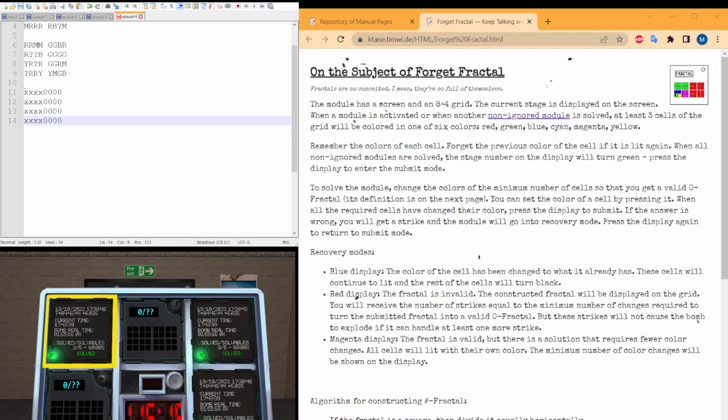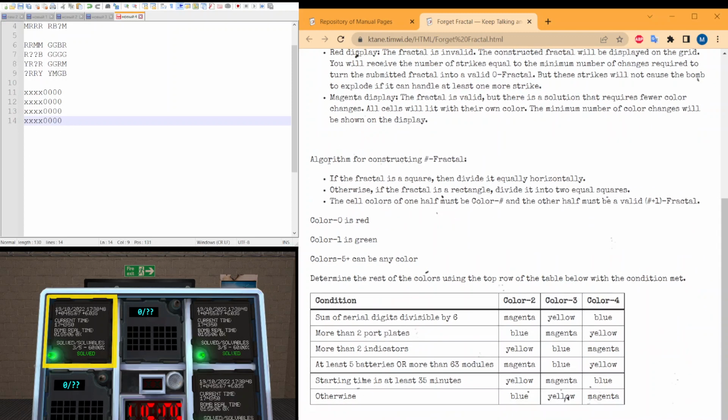Then you have half of the initial fractal left, and now you need to divide it horizontally if it's a square. It says it here. A rectangle is divided into two equal squares, and if it's a square, divided horizontally. So in our case we have this half and this half, and once again, depending on what you want your fractal to look like, you pick any half, and for example let's pick the bottom one, mark it as 1,